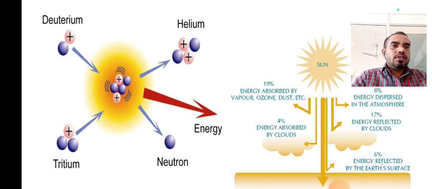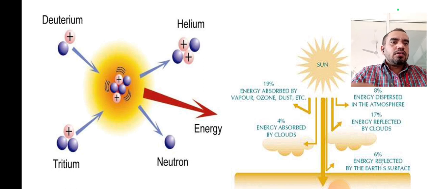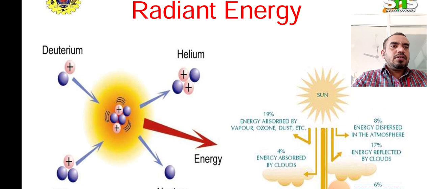This 17% will also not reach the earth, but gets reflected by the cloud itself. And 8% of the energy is dispersed in the atmosphere, and 19% is absorbed by vapor,